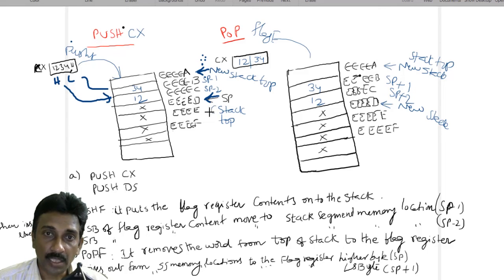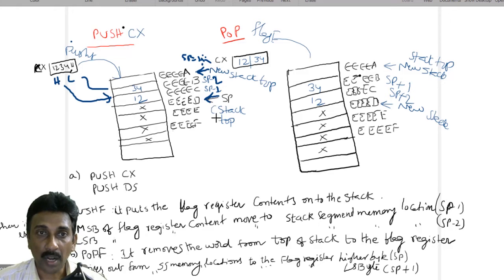This stack top memory location is 4E's and D. This stack top memory location is 4E's and A. So the stack memory location is going to be decremented. While pushing the instruction, the stack pointer is going to be decremented, like SP-1 and SP-2, something like that, right? So the new stack top is SP equals SP-2. So you have to understand it like that.